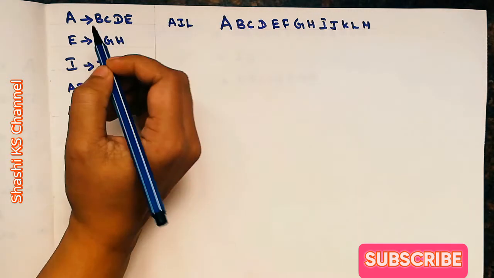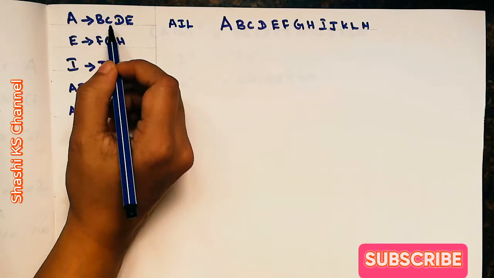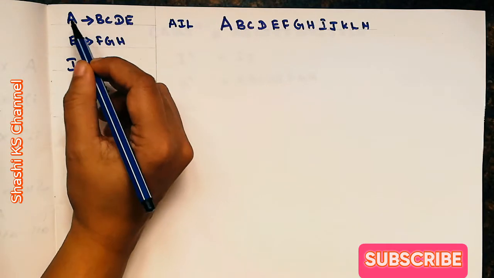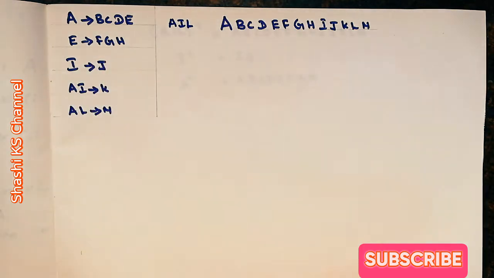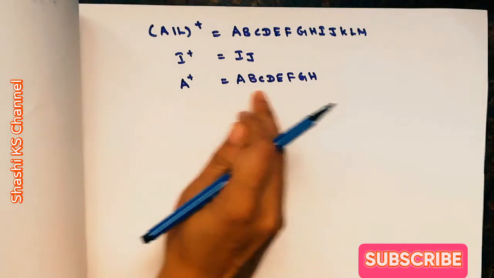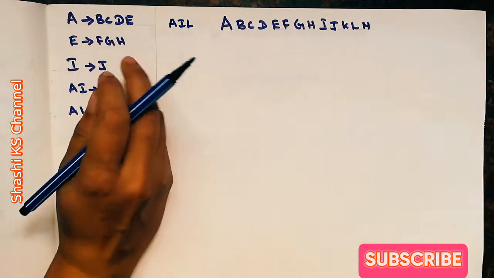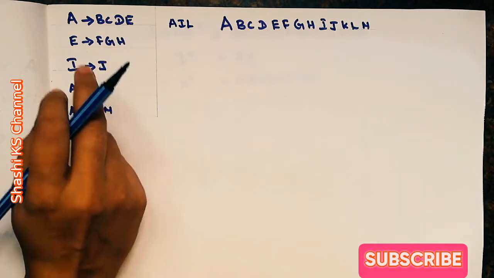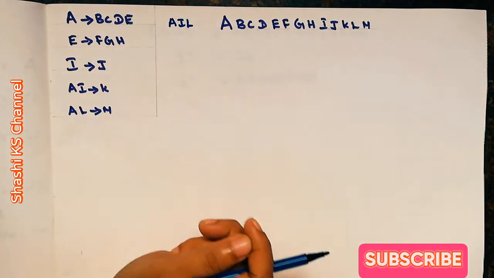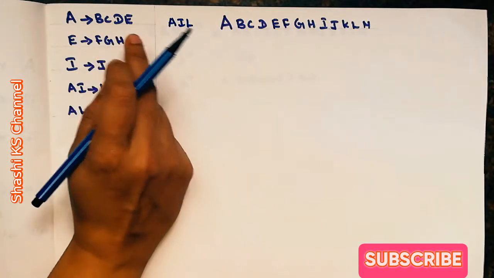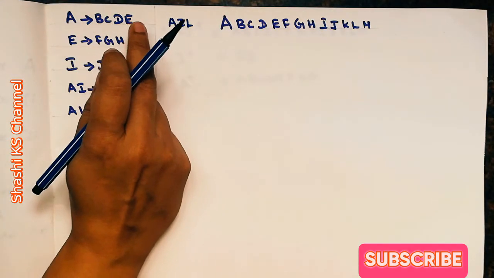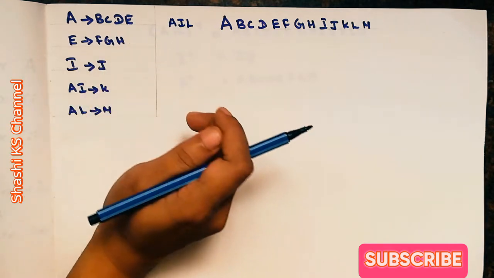So you take this functional dependency, A determines B, C, D, E. Take the left hand side and apply the closure to it. What is the closure of A? When I apply closure on A, I'll get A, B, C, D, E, F, G, H. See here, from A, I can determine B, C, D, E, and from E, I can determine F, G, H. So on applying closure on A, I can identify the attributes B, C, D, E, F, G, H.